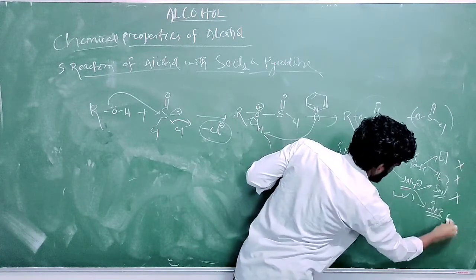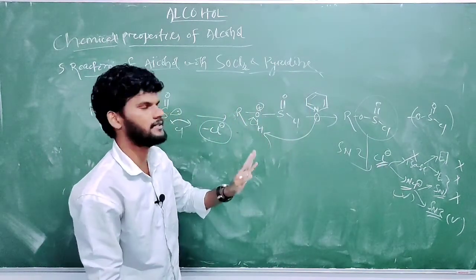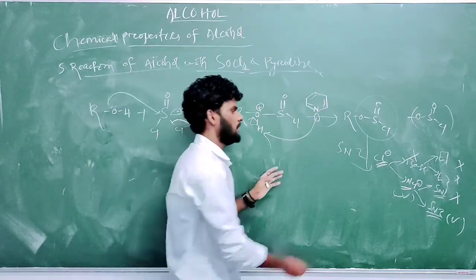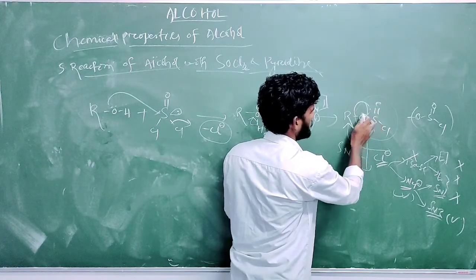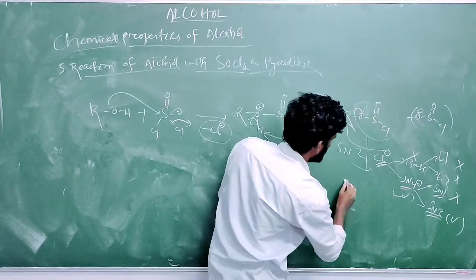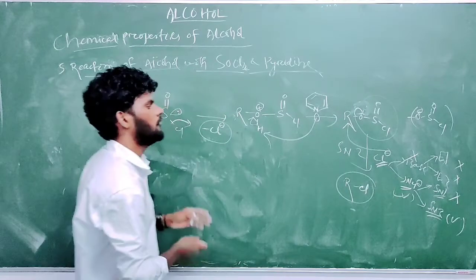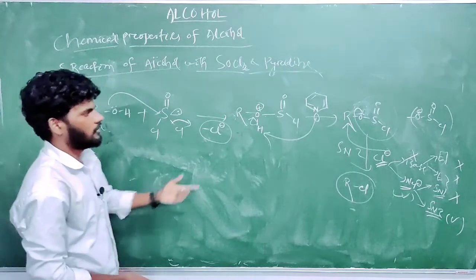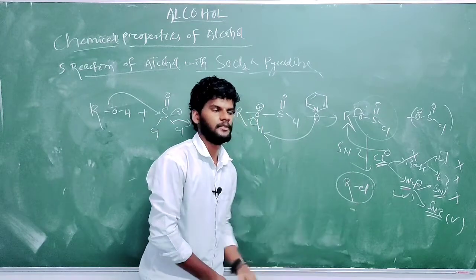So it will undergo SN2, not SN1. In the SN2 pathway, it is a concerted process, a single step process. The nucleophile attacks the electrophile, and the leaving group releases in the same step. Cl minus will attack this R, and this group releases, leaving a negative charge over oxygen, O minus. So what will it form? RCl, alkyl halide. Okay, did all of you understand the reaction of alcohol with SOCl2 and pyridine? It will go in which pathway? SN2 pathway to form alkyl halide.